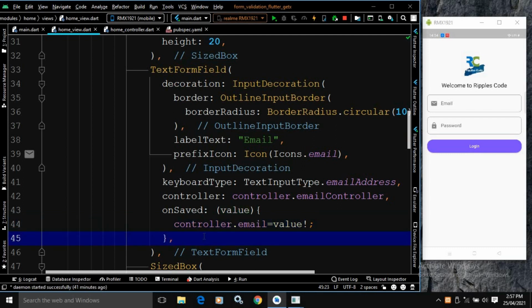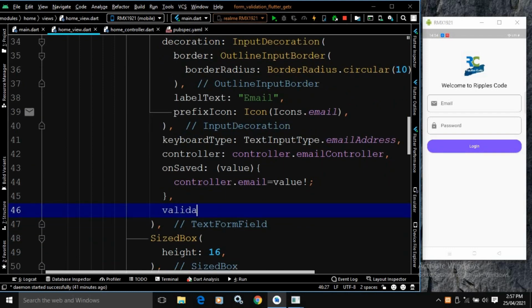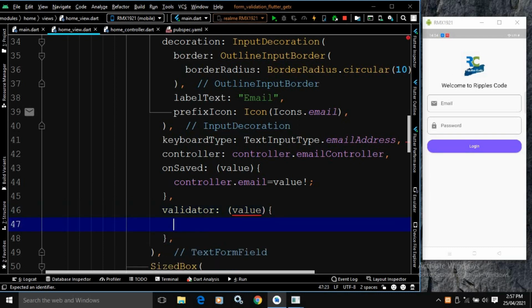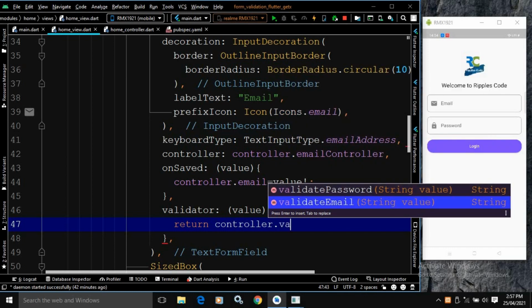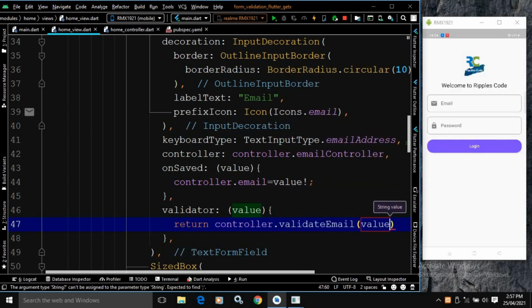After that here I will apply the validator also. So here in the validator, I will write validator, after that value, and in the value here I will write return controller dot validateEmail, the entire logic is written inside it, and after that here I will pass the value. Okay, and here I need to apply the null check operator.